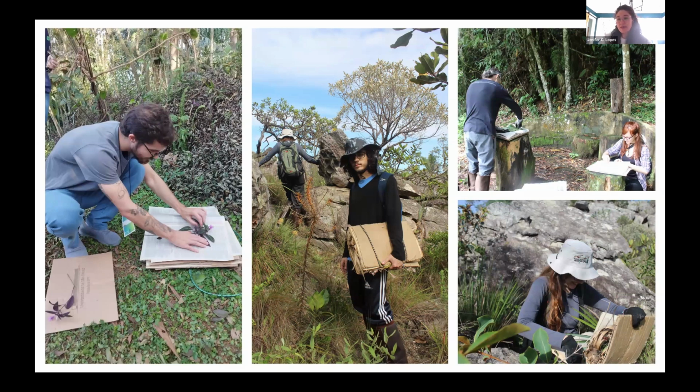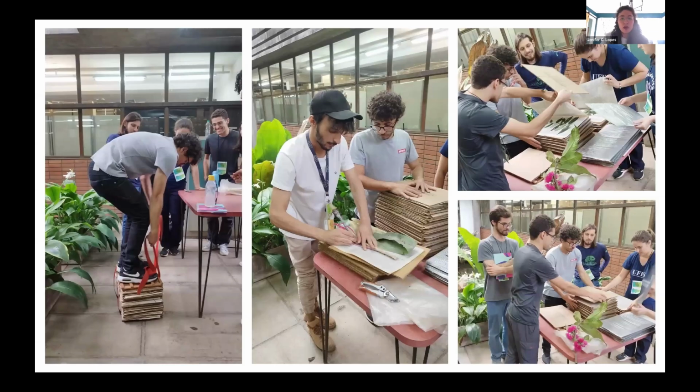The best way is to press the plants when they are still fresh, when we just collect them. And the way that we do that is the way we have done it for hundreds of years, because it's very efficient and simple. We take a piece of the plant that fits in the mounting paper that we will use to preserve the specimen. And usually we use newspaper and fold it and put a cardboard between each plant with newspaper and make this press. Sometimes we have to press it very well, and we can do as my student is showing,